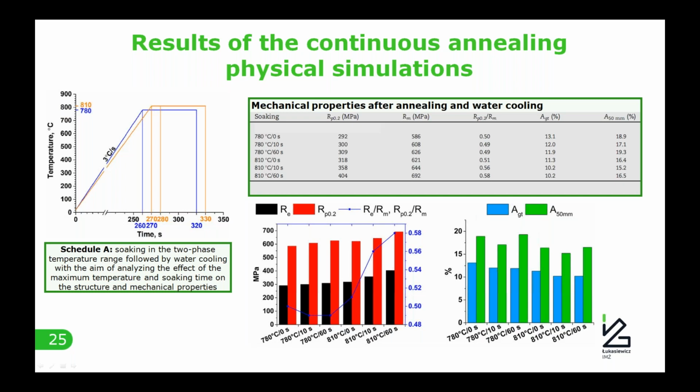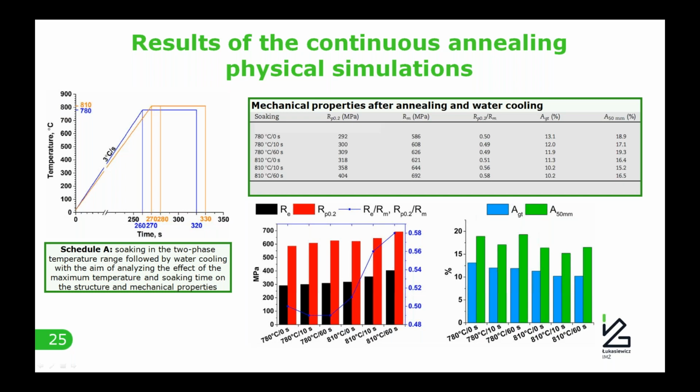The increase in soaking time at 780 centigrades results in the ultimate tensile strength increase from 586 megapascals to 626 megapascals, whilst proof stress remains at approximately the same level of around 300 megapascals. Conversely, at the soaking temperature of 810 centigrades, both proof stress and ultimate tensile strength increase as the soaking